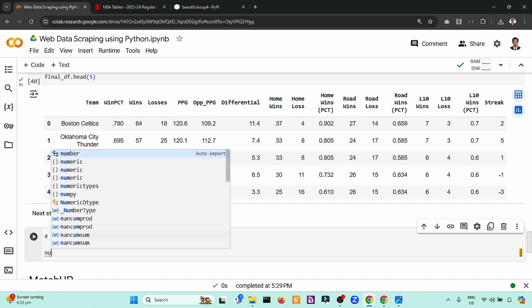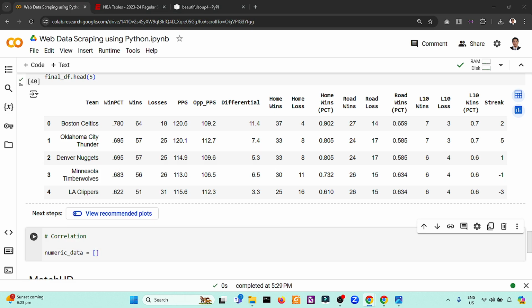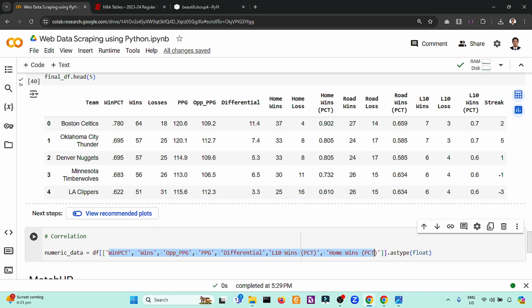So we only use, for example, numeric data. We will only select the numeric data, such as win percentage and opponent points. Although these are all numeric, I will just select specific columns for this one.